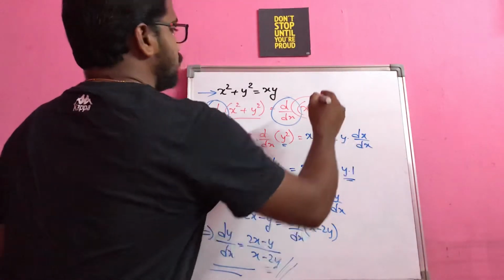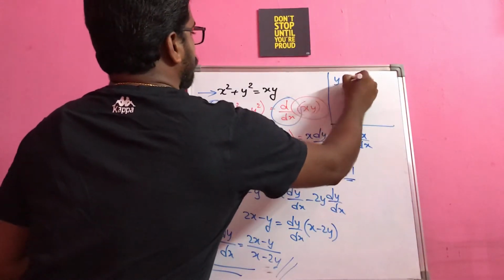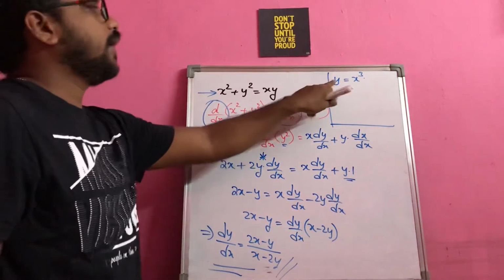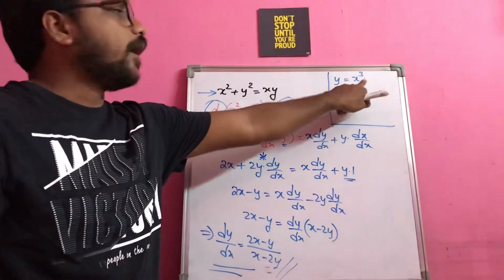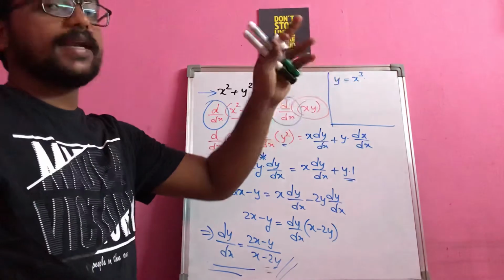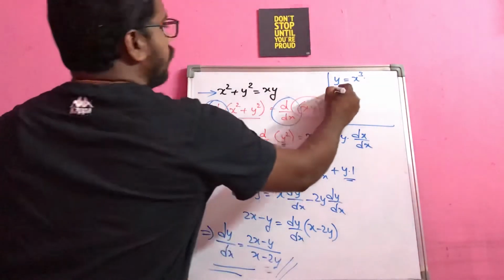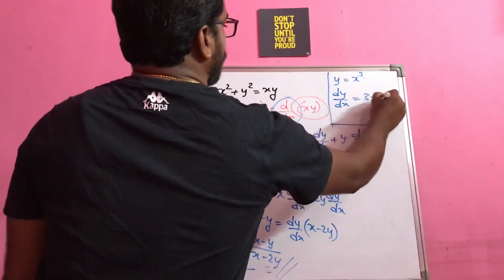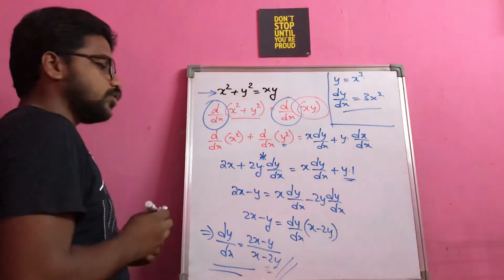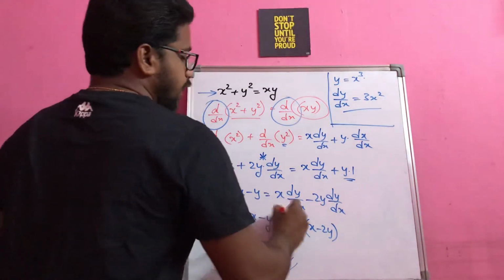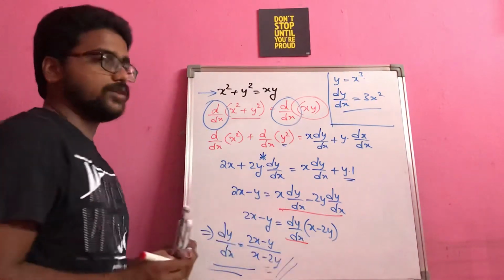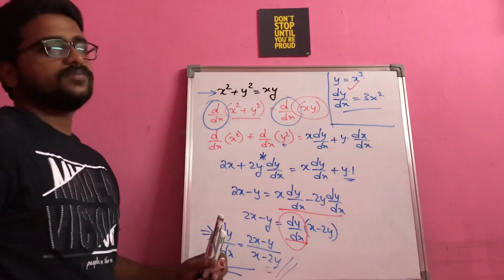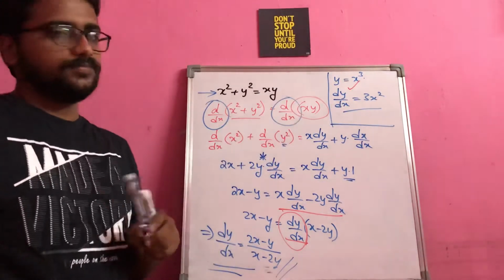See, I will just give a simple example here. For example, if I have a question, y is equal to x, this is an explicit function because you are writing y purely in the form of x, and if you just send this cube root to the other side, you will get x in terms of purely y. So if I want to get the differentiation for this, again I am doing the same procedure only, but I will get an answer in one step, because there is no question of sending the terms to one side, taking the dy by dx common. This type of unnecessary steps won't be there in the explicit function case. That's why you are getting the answer directly in explicit, right?